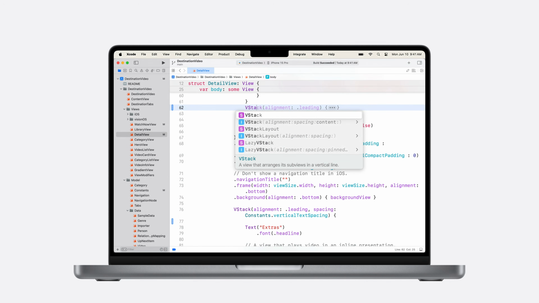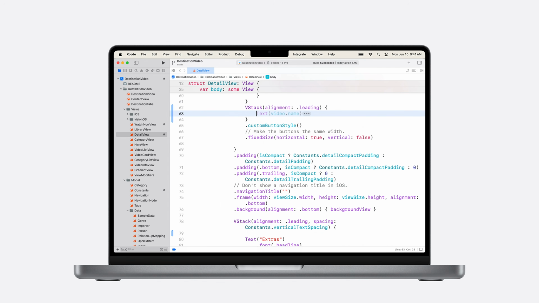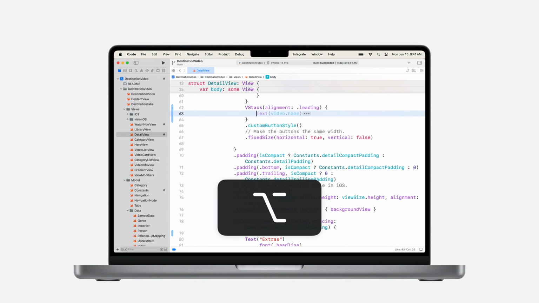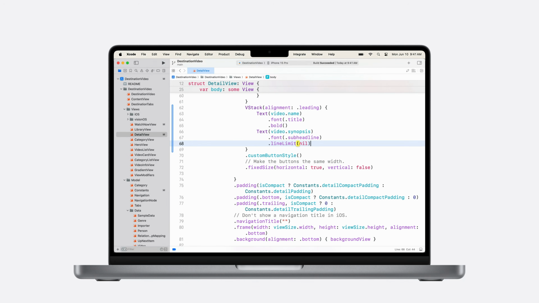Xcode's code completion helps you complete your code, even when you can only remember a few words. In Xcode 16, predictive completions suggest whole statements and methods based on the surrounding code. These completions appear in line with your code, and you can press the Tab key to accept what's shown, or hold Option to expand the entire prediction, and press Option-Tab to accept the whole thing. Here's a pro tip. Your comments and variable names help inform the predictions. The more expressive you are, the better the predictions will be.